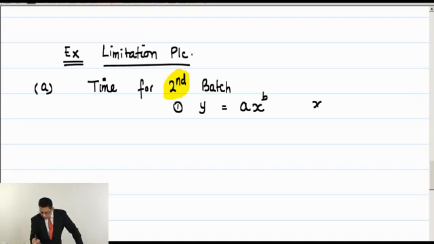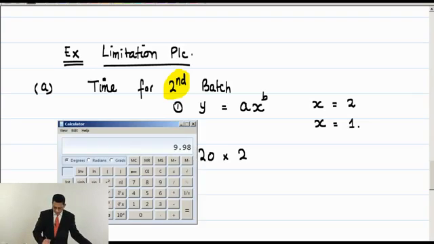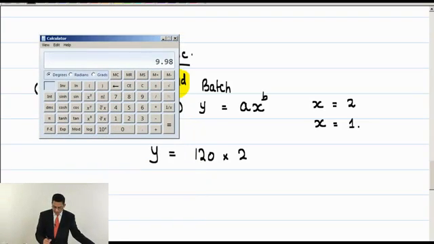Okay, first taking into account x as 2 units or 2 batches, and then x taking into account 1 batch. Is that okay? 1 previous, so 2 minus 1 is 1. Well, if it's 1, it's not going to make any difference. Anyway, the idea is this. Y equals A, the time for the first batch, 120 hours, multiplied by X, which is 2, and the B value, let's develop the B value by using the calculator, which is log